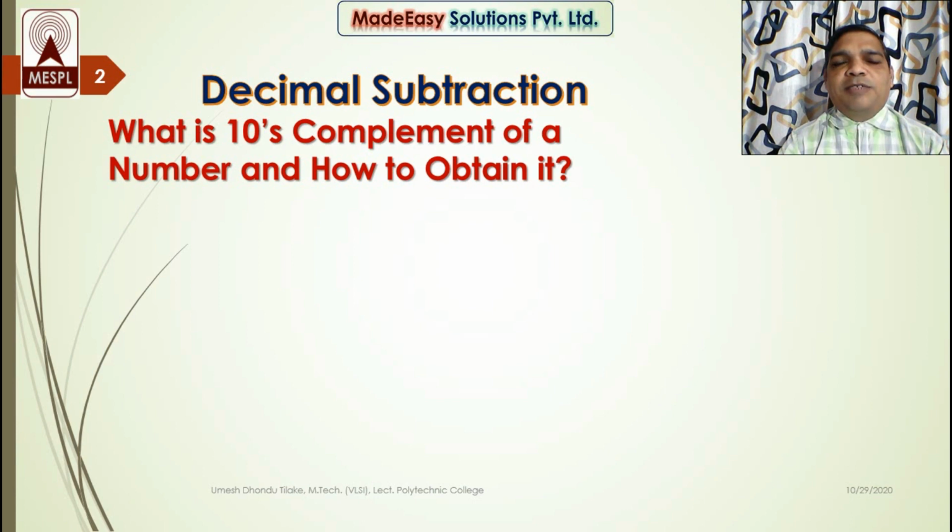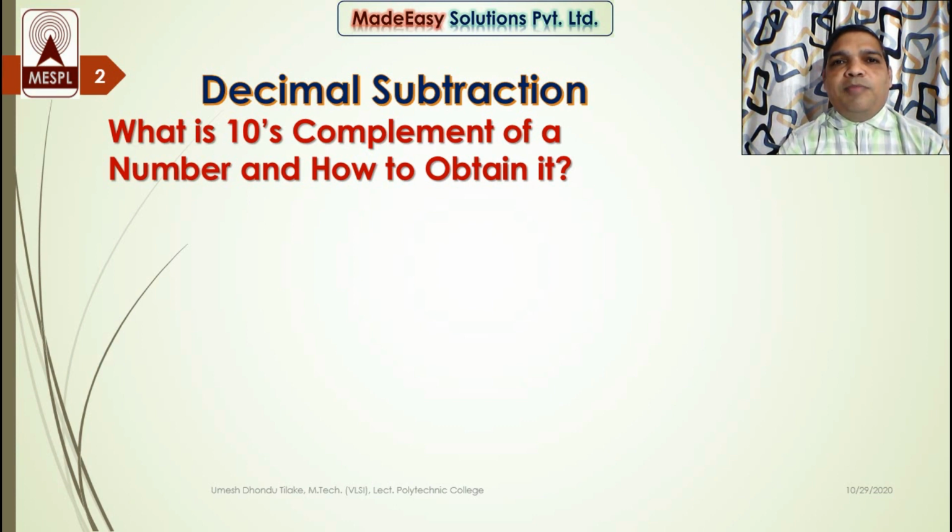Now you may again ask me, sir, 10,000 consists of zeros, and if I need to subtract digits from zeros, I will have to take borrows. So this technique will need borrow. It's okay my friend. But what if, instead of subtracting the number from 10,000, I subtract the number from 9,999 and then add 1 into it? It will be the same, because 9,999 is the largest 4 digit number and 10,000 is the smallest 5 digit number, and 10,000 is just next to 9,999. The difference between 10,000 and 9,999 is just 1 only.